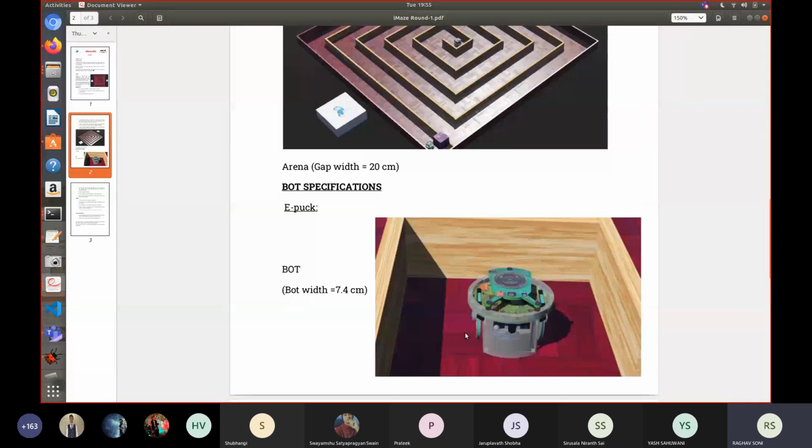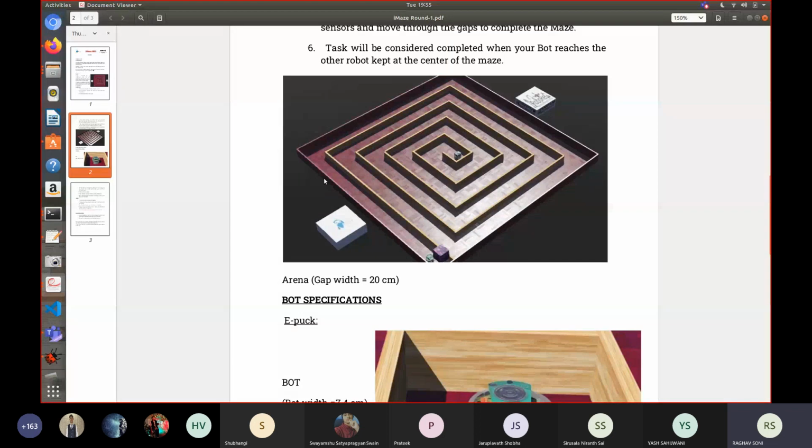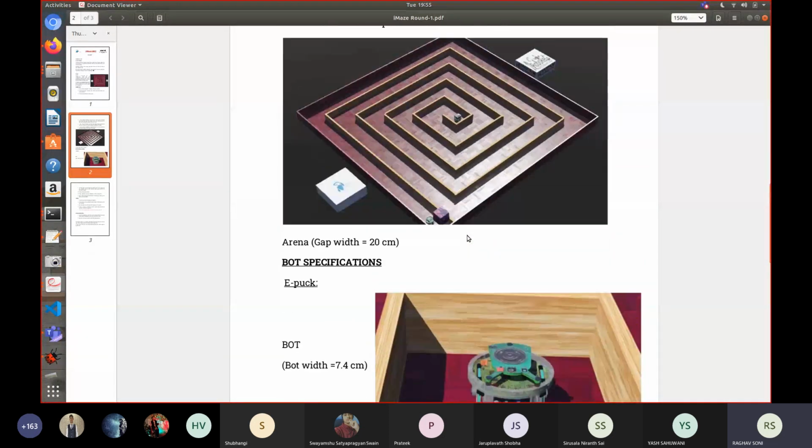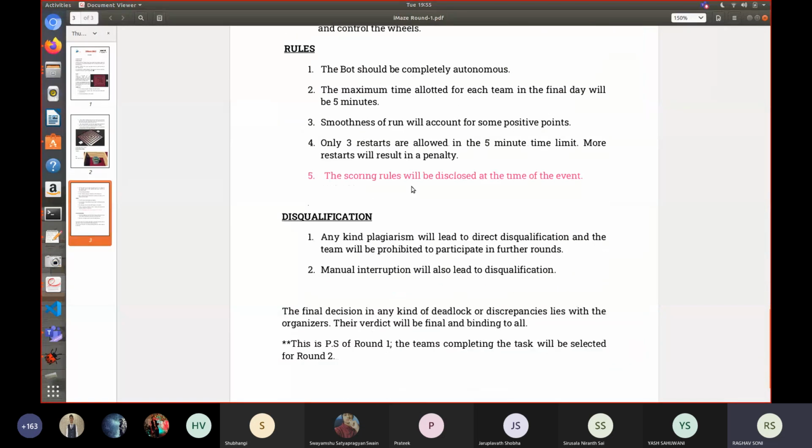Note that we won't be giving you access to this PS beforehand. You can practice as much as you want on the practice arena that will be provided to you, that was shown to you by Yash. This PS only we will use to evaluate your bot. You can write the code, and it should run fine on this PS. You won't have access to this arena until the day of the event, so code according to that.